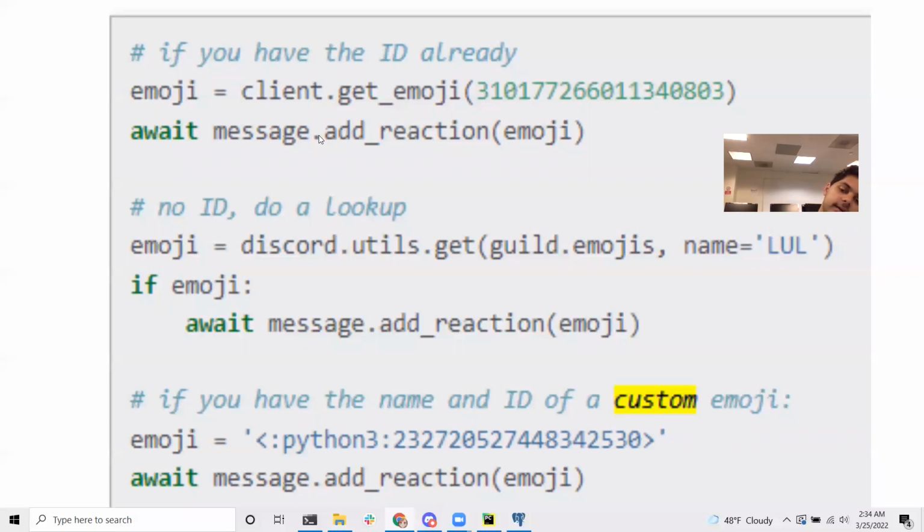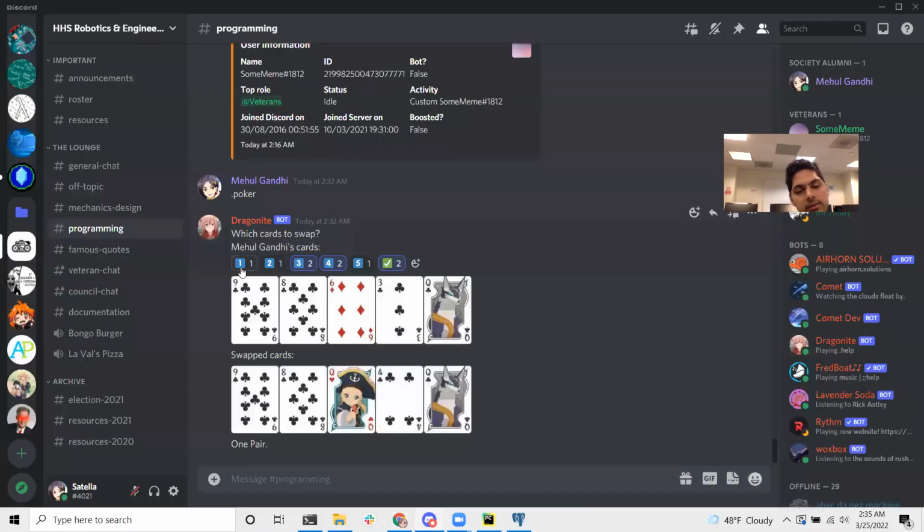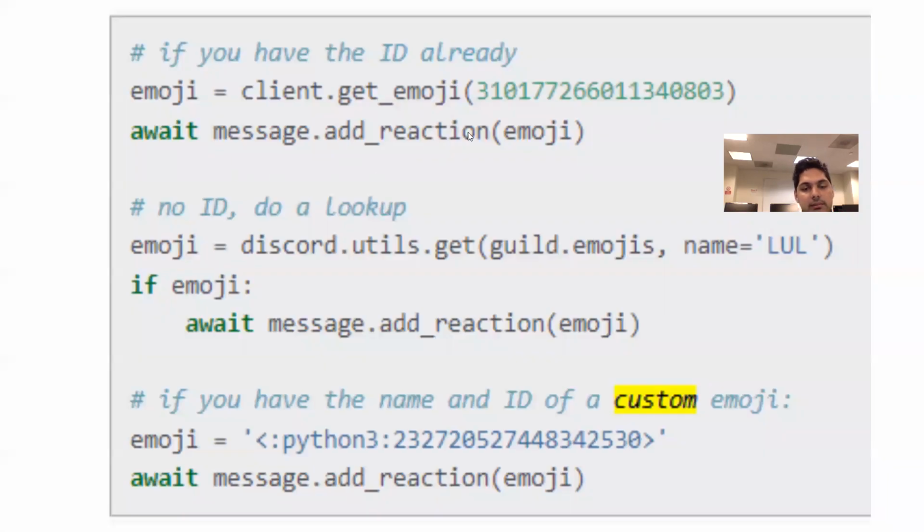Default emojis, you can get the default emoji with this, and add reaction is how the bot does it. Like, we have a list of emojis, and then for element in emoji, add a reaction. That's how I would do something like this, with await message.add_reaction. There are other ways to do a lookup of emojis, and this is for the custom ones.